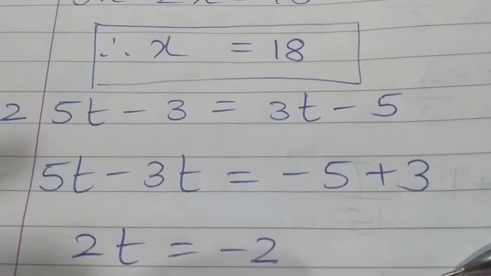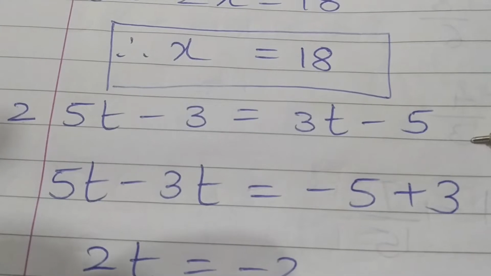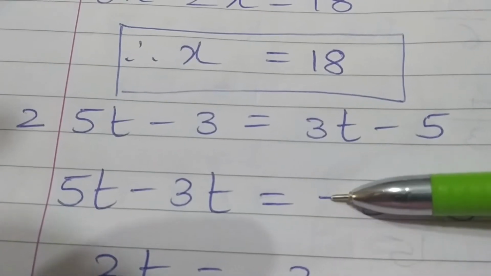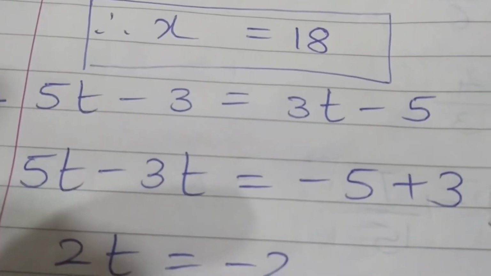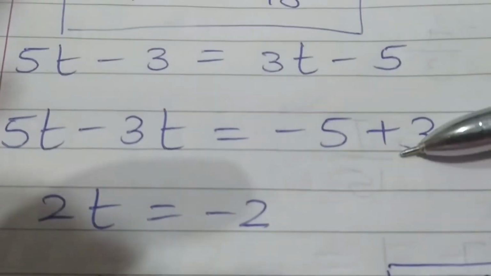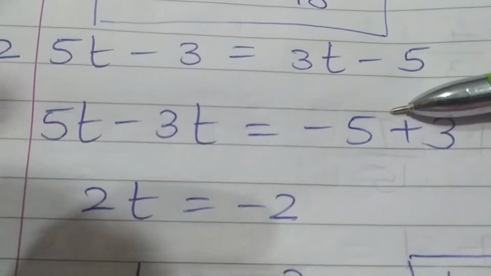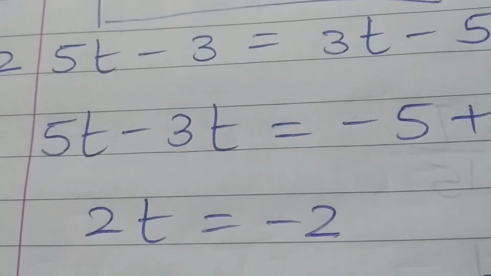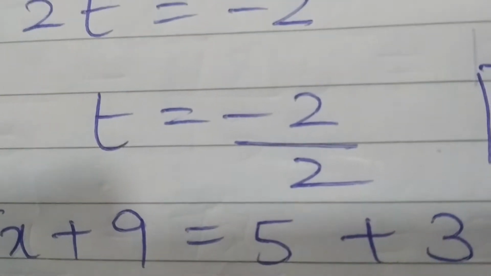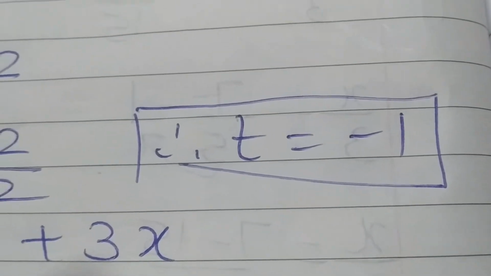Now we go to the second one. 5t minus 3 is equal to 3t minus 5. t together. So 5t minus 3t on the left hand side. Right hand side, this minus 3 will go to the right hand side, becomes positive, and minus 5 is already there. So minus 5 plus 3 gives you minus 2. Why minus 2? Because 5 is greater than 3 with negative sign. And what is 5t minus 3t? It is 2t. So 2t is equal to minus 2. So t is equal to minus 2 upon 2. What is minus 2 upon 2? So you get t is equal to minus 1.